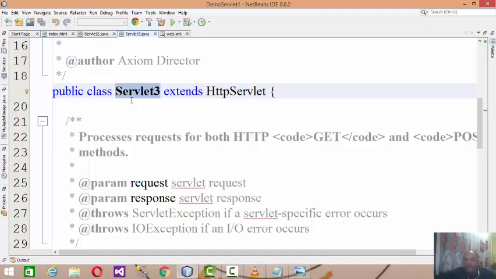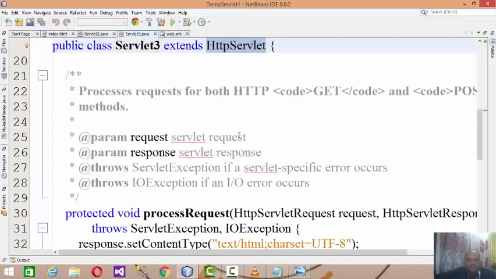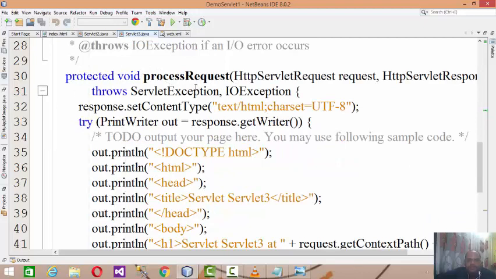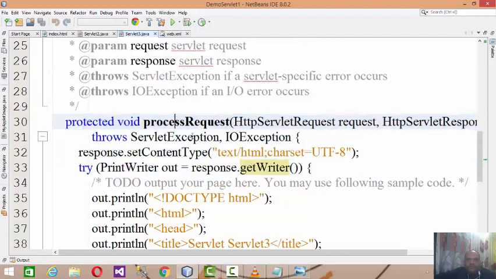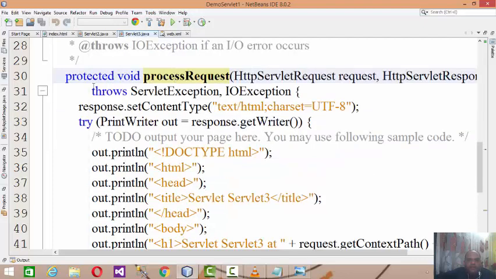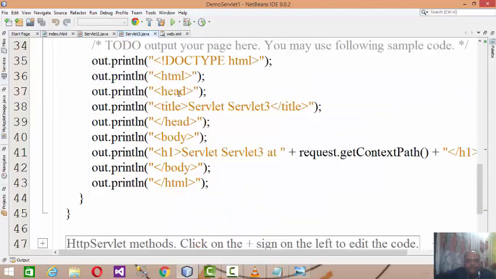In a similar manner, now we are coding for generating a server side servlet. My class extends from HttpServlet, and here is processRequest, which is a default method. Just like the applet has a default paint method, we have a processRequest method.